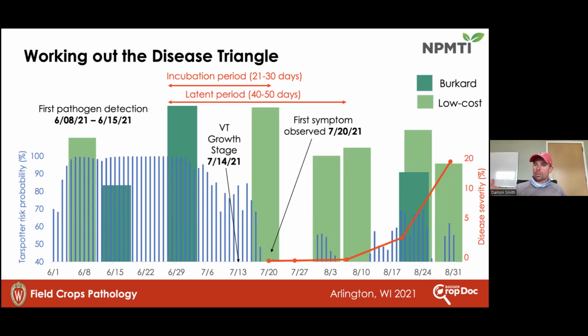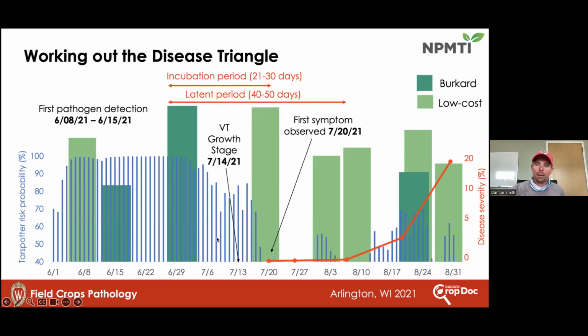So again, when do we get those cycles built up? My point in this is that we have to use that early scouting and catch this fungus really early, because it shows up so long after the infections actually happen. And if we get behind this, we will get into this exponential increase, and we'll never be able to get ahead of it.